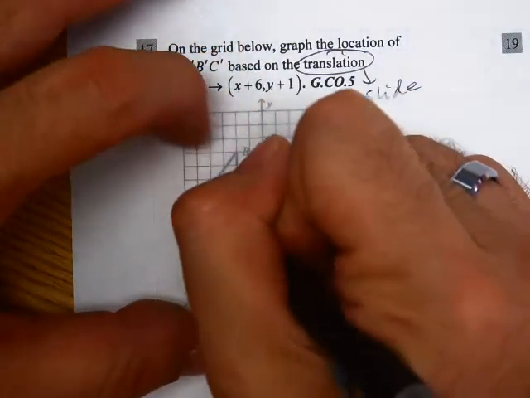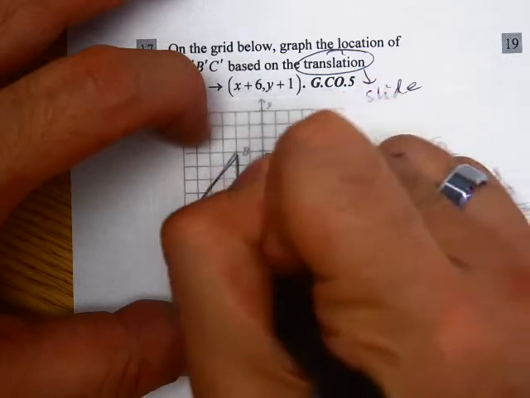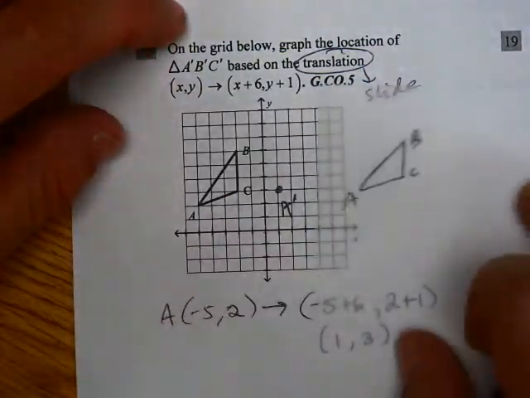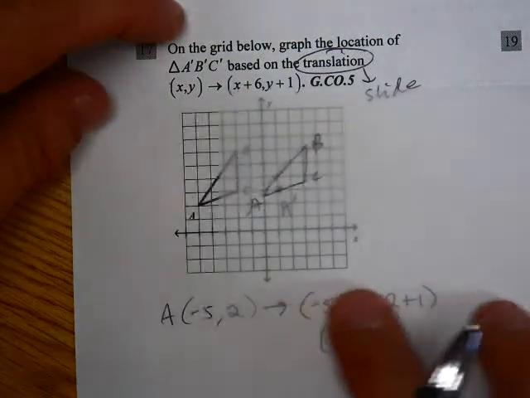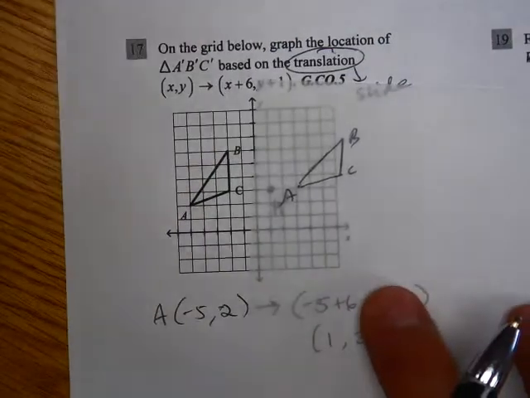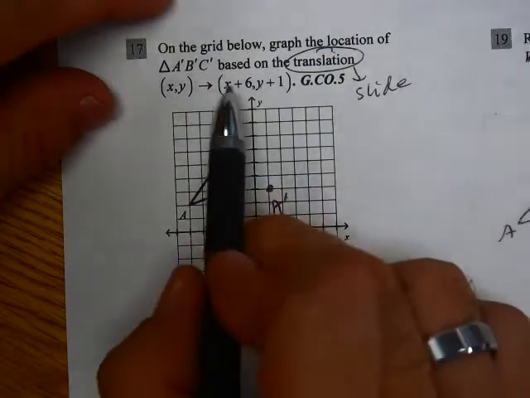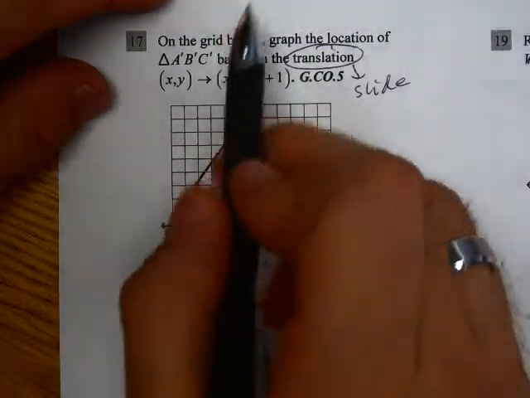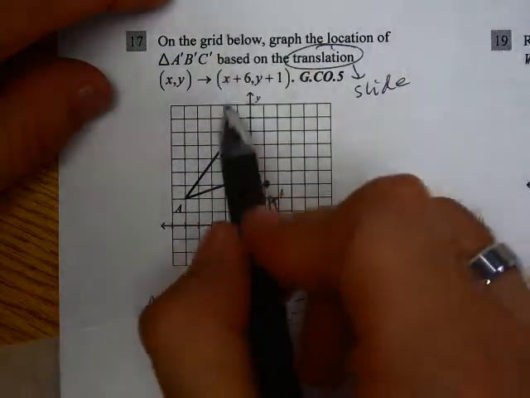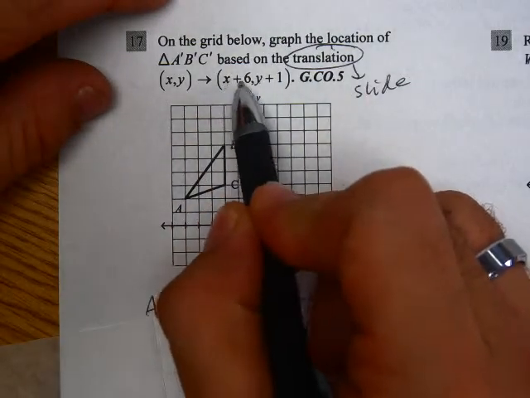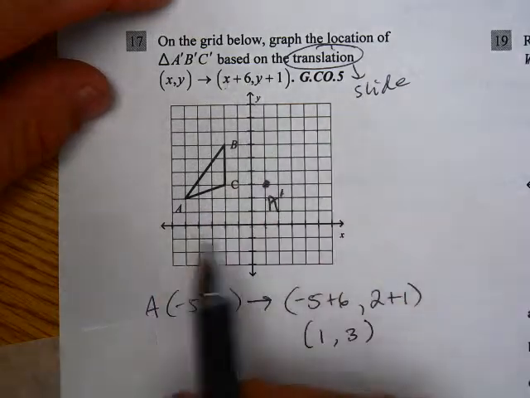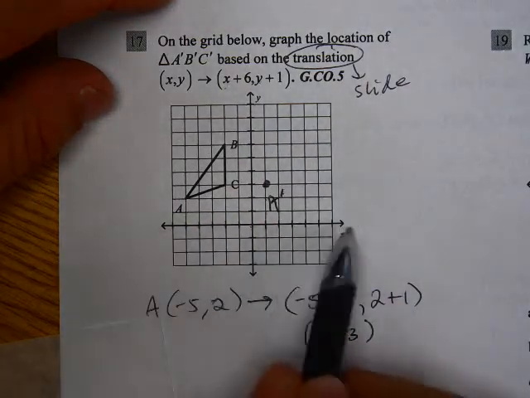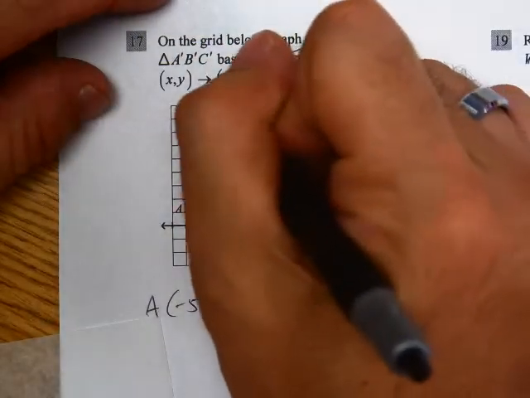you can trace it as long as you know what the notation is telling you to do. There's ABC. So I've got this triangle again, it's going to be sliding, it's going to go some direction, and we already know it's going to end up here. But with this notation, instead of having to plug it in, you could also look at this and know, well, positive 6 on the x-axis, the positive direction is going to the right. So this is telling me right